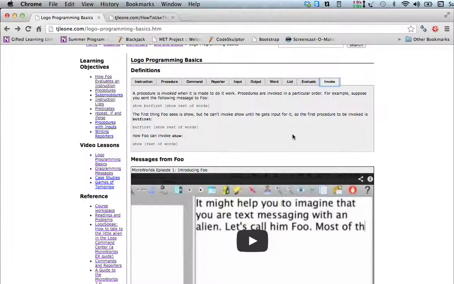So the process of evaluation, we were just talking about evaluation. So evaluating means going through and figuring out what you can invoke. So you start and you walk through the list until you get to something that either doesn't need any inputs or has all the inputs it needs, and then you invoke it. And then you go back and see what else you can invoke, and you kind of work your way back that way. Okay, so for this example, we had show